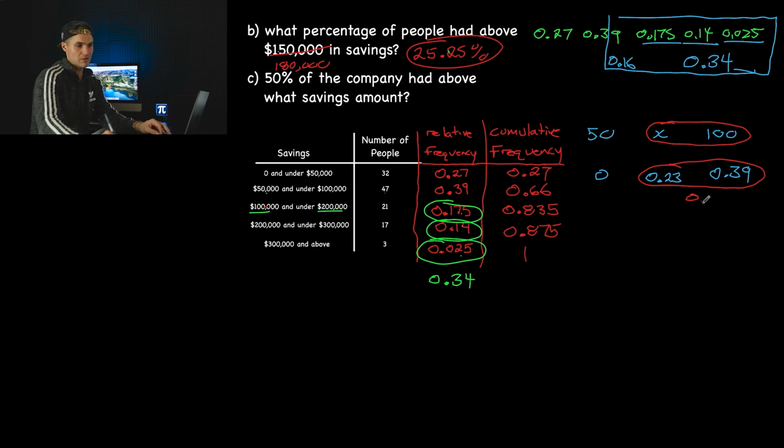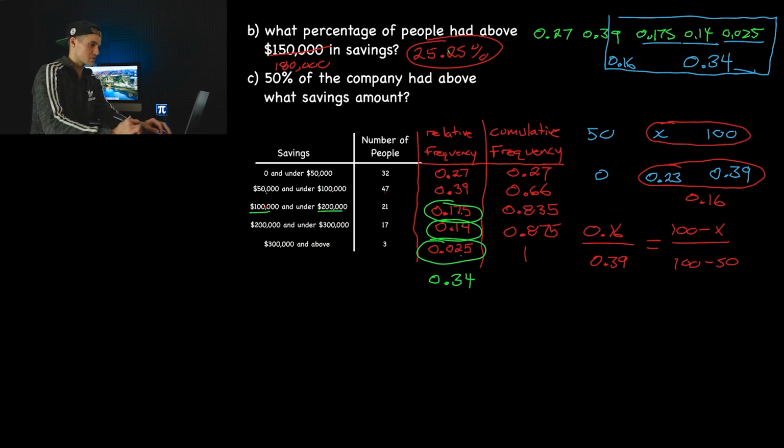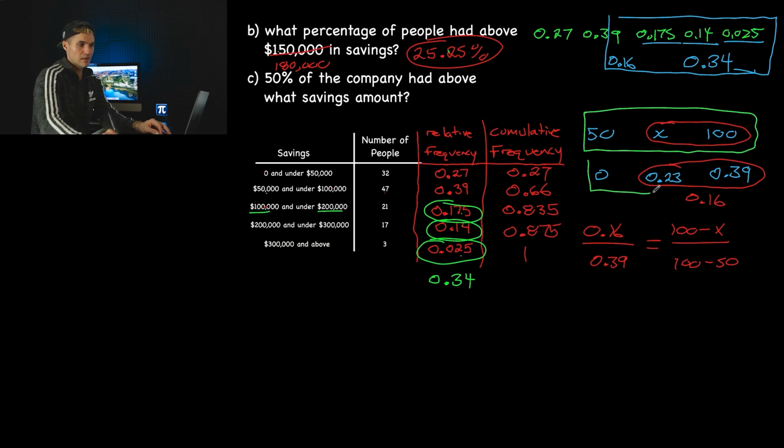So notice that this amount here is 0.16 of the 0.39, so 0.16 of the 0.39, that has to equal this minus this, so 100 minus X over 100 minus 50 over the width of the entire interval, because we know the entire interval, let's maybe show this in green here, this entire interval from 50 to 100 is 0.39,